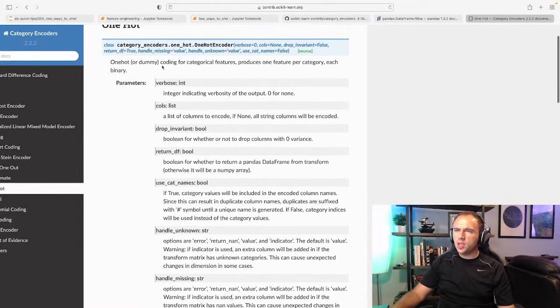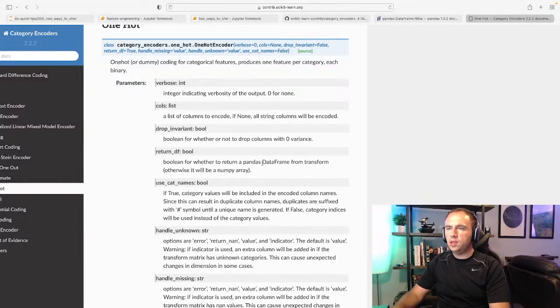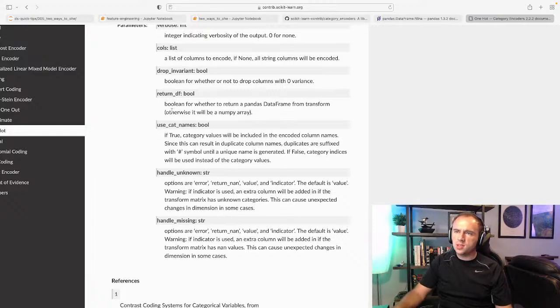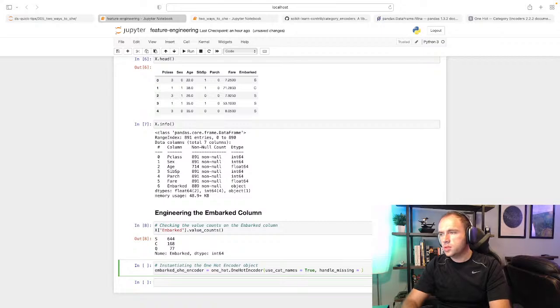All right, so I do want to use the cat names, so use cat names equals true, and then we'll just see how this works, and if it doesn't work, we'll try something else. So handle unknown, or okay, let's read this. If it has NaN values, I wonder what the difference between an unknown value and a NaN value is. I think this one sounds more appropriate because these are NaN values, so we'll do handle missing equals